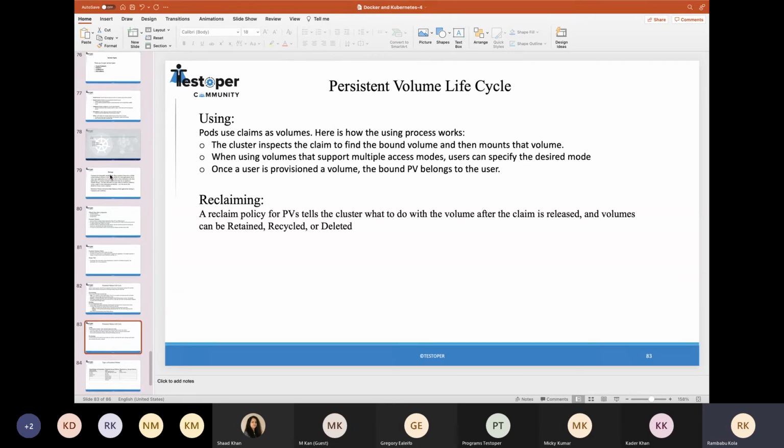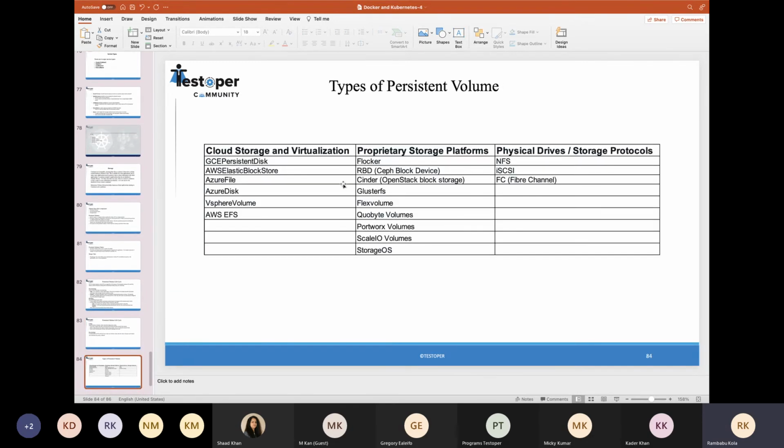So that is the life cycle of the volumes. And there are many types of persistent volumes available. For example, I showed you this AWS EFS, which is provided by AWS. Like this, they have with Google, Azure, and if we are using any bare metal services, we can use NFS, or any dedicated network storage, where we can mount it to multiple servers.